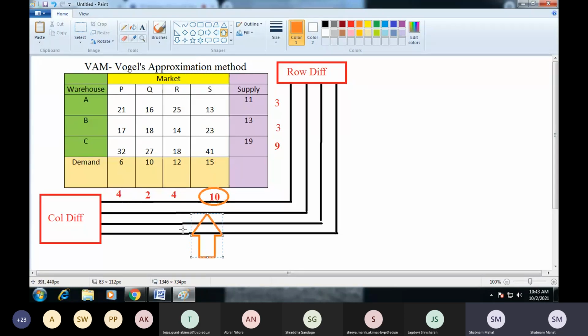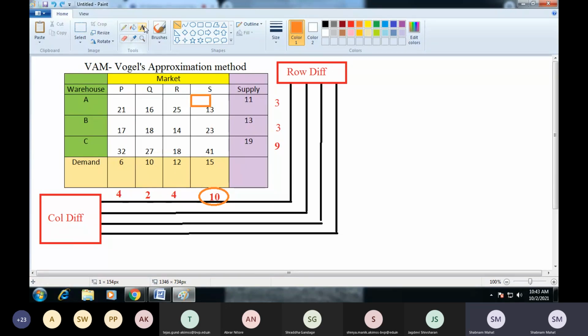When you get the minimum cost, you can allocate your supply or demand value to this minimum cost cell. Out of this column, first of all we have to find where the minimum cost is. As you know, 13 is the minimum cost, so I select this cell for my further allocation. Now we have to check the supply available for this cell and the demand for this cell. Supply available for this cell is 11 and demand for this cell is equal to 15.